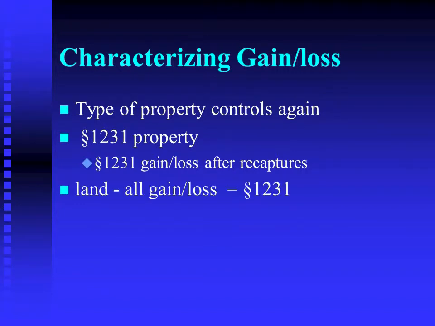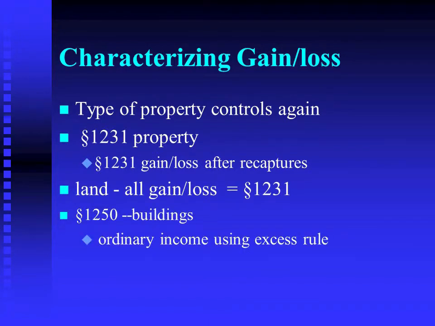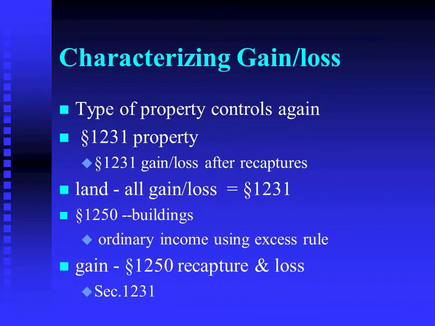So land that is used in a trade or business or rental that's been used more than a year, all the gain or loss will be what we're calling this 1231 gain or loss. And then buildings are what we call a subset of 1231, which is section 1250. And we have a recapture rule here. When you have a building that you sell at a gain, you will have ordinary income to the extent of this thing I'm going to define as the excess rule. But we'll define it when we get there, right? And then